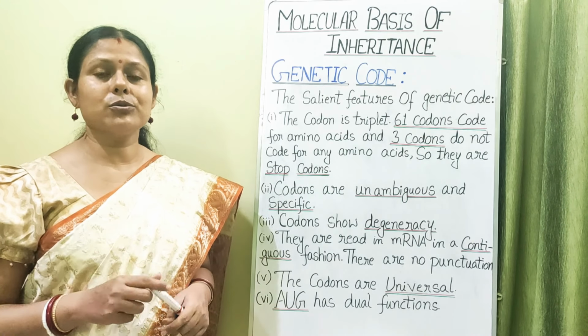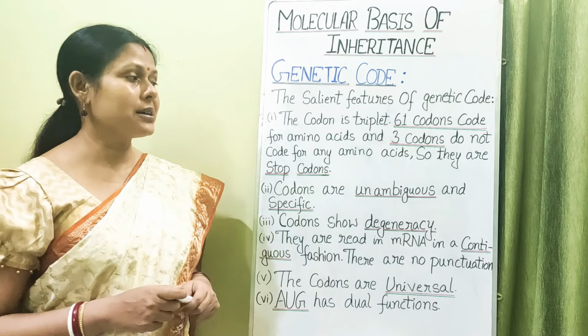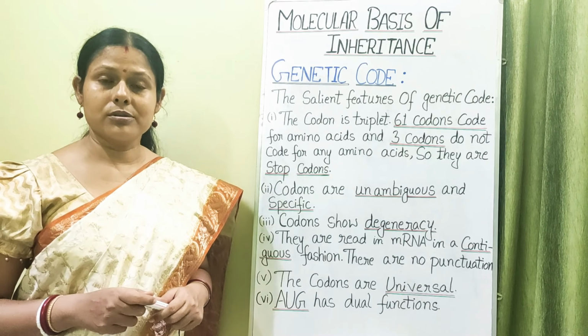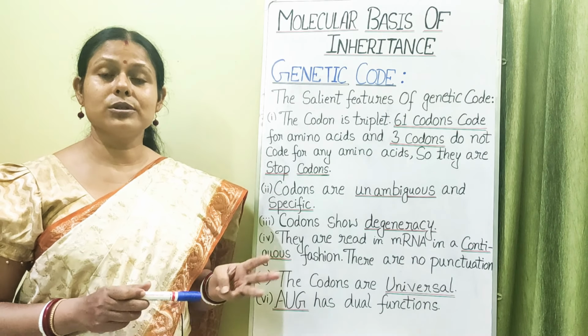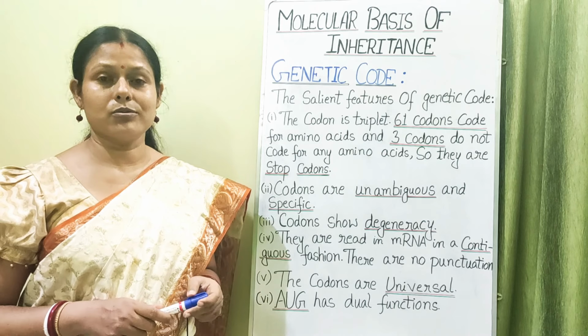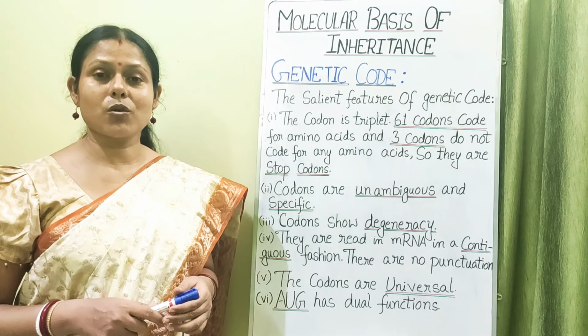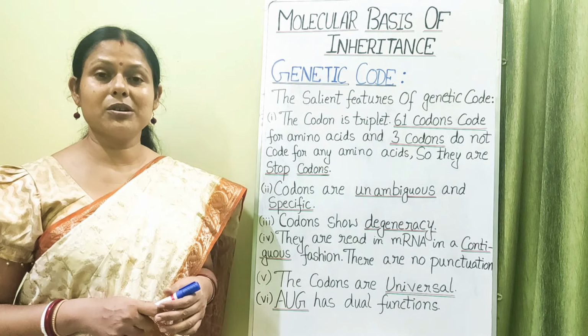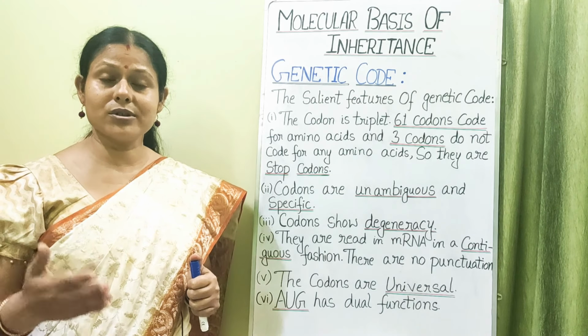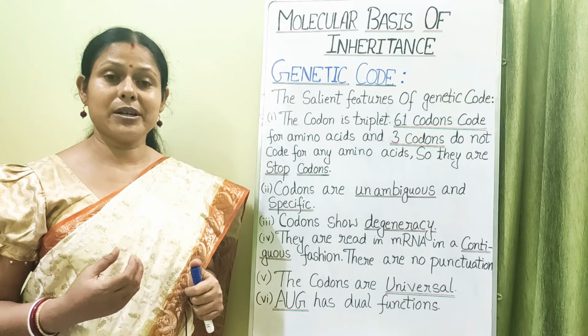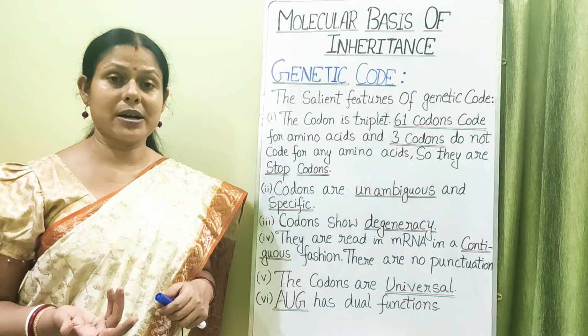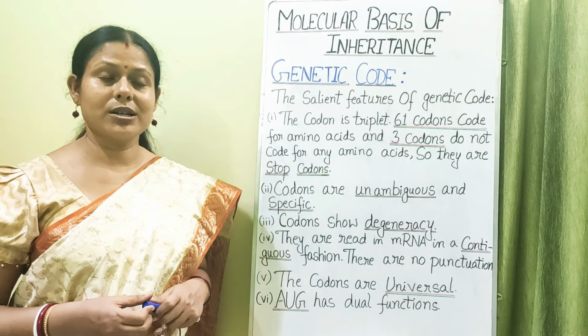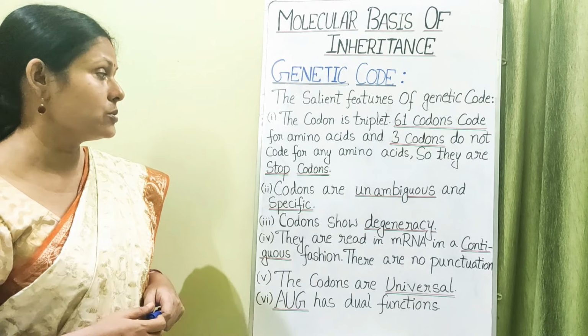So those termination points are also determined by certain codons, and these are the 3 codons which we call the stop codons. Actually they are sometimes known as the nonsense codons. Because they do not make any sense and there is no transfer RNA for these 3 codons to bring any amino acid, that's why they are known as stop codons or nonsense codons.